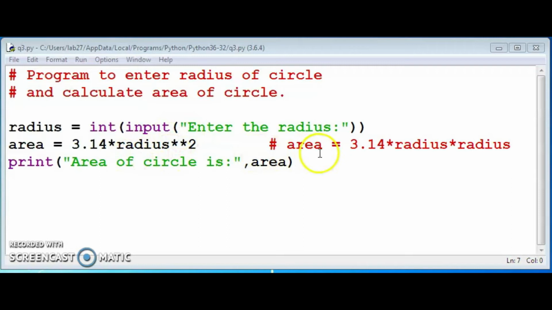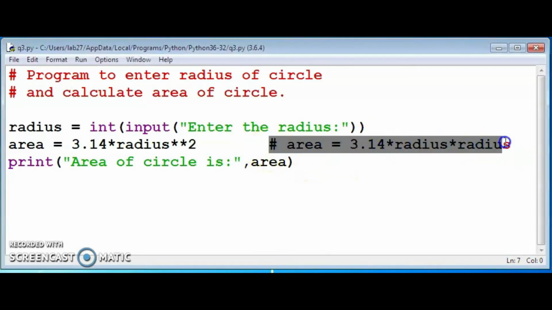Or we can use area is equal to 3.14 into radius into radius. This type of comments are known as inline comments. You already learned. Okay, clear? After that, we have to print the area of circle.